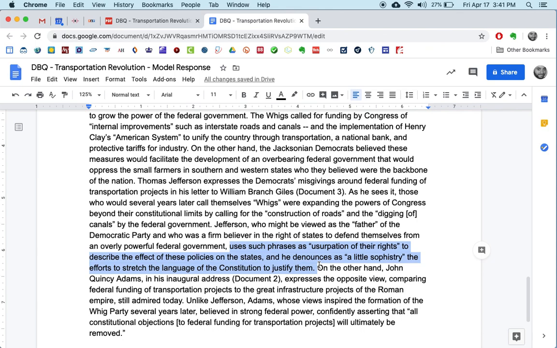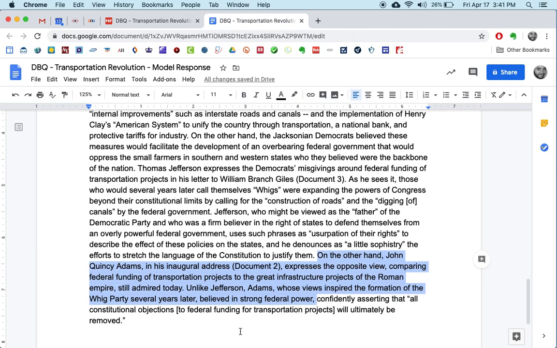Jefferson, because he was the father of the Democrats and because he was such a firm believer in the right of states to defend themselves from the federal government, uses such phrases as the usurpation of their rights to describe the effects of these policies on the states. And he denounces as a little sophistry the efforts to stretch the language of the Constitution. Now I've done the job of describing how the point of view shapes the language, the imagery, the content of the document. And I do the same thing for the last document I talk about, document 2,